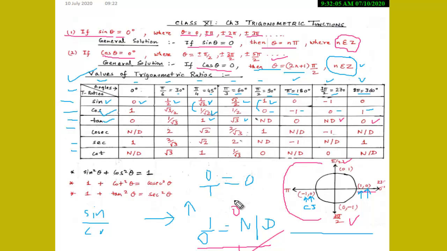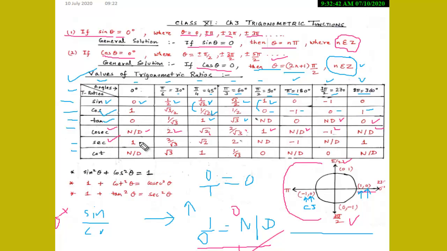And now our fourth trigonometric function is cosec. So here, since we know that cosec theta is 1 upon sine theta, since sine 0 is 0, cosec 0 is 1 upon 0, which is undefined. And then cosec 30 is 2, cosec 45 is root 2, cosec 60 is 2 by root 3, and cosec 90 is 1. And after that, cosec 180 is undefined, cosec 270 is minus 1, and cosec 2 pi is not defined.